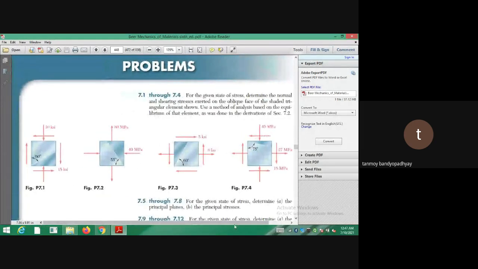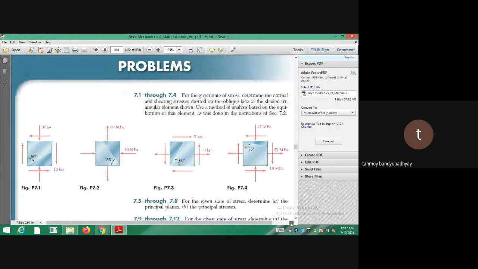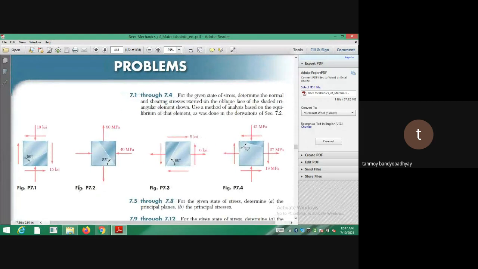ওকে, সো তোমরা এইখান থেকেও করতে পারো। আই এম গিভিং ইউ দিস প্রবলেম অ্যাজ ইউর হোমওয়ার্ক। প্রবলেম নাম্বার 7.2। সো প্রবলেম নাম্বার 7.2 দুভাবে করতে হবে। সো ইউ হ্যাভ টু ডু ইট বাই টু মেথডস। নাম্বার ওয়ান ইজ অ্যানালিটিক্যাল মেথড। অ্যানালিটিক্যাল মেথড মানে ইউ হ্যাভ টু রাইট ডাউন দ্য ইকুয়েশনস অফ দি থিং।